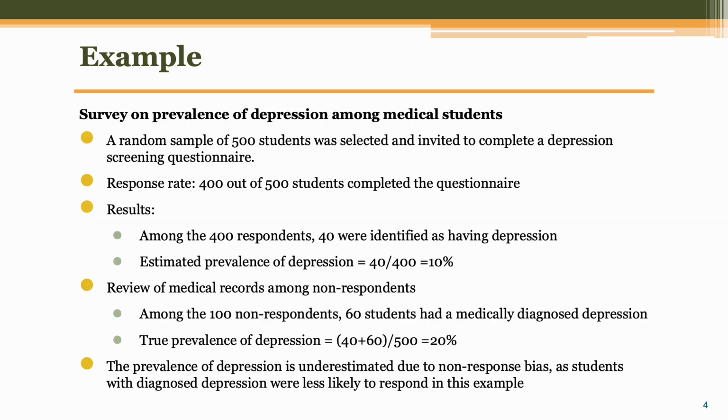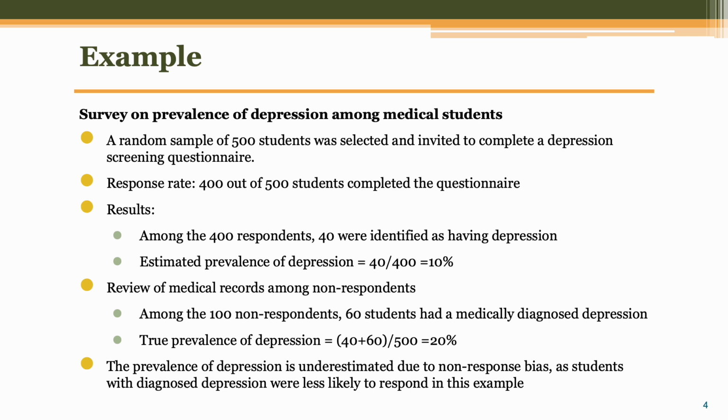Here is an example of a survey on prevalence of depression among medical students. A random sample of 500 medical students was selected and invited to complete a depression screening questionnaire. 400 out of 500 students completed the questionnaire. The results showed that 40 out of the 400 respondents were identified as having depression, resulting in an estimated prevalence